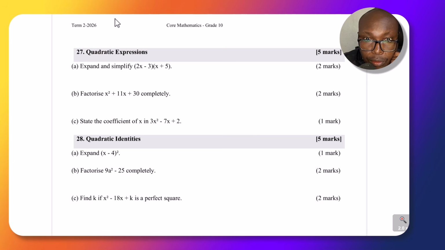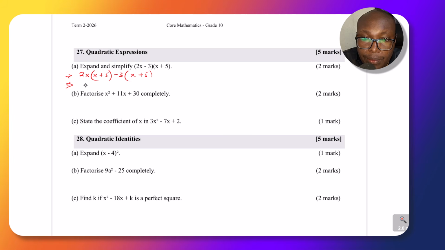Question 27. Question 27 is a question on quadratic expressions. Part A, expand and simplify. So you have 2x subtract 3 multiplied by x plus 5. This is how we go about it. You take 2x, then multiply by the second bracket, which is x plus 5. Then take negative 3, that is the second term there. Multiply by the second bracket, which is x plus 5. And then from there,